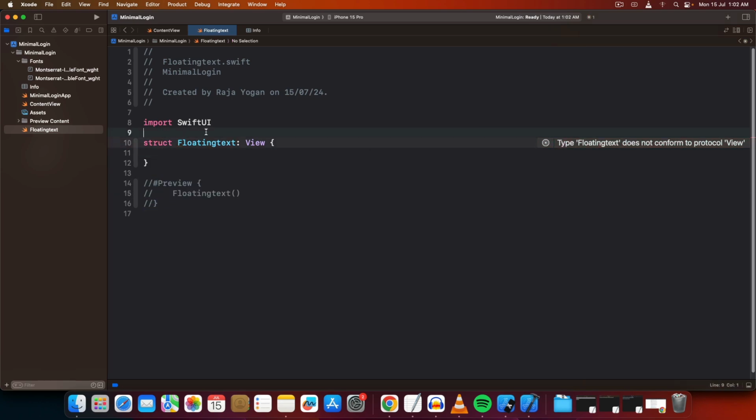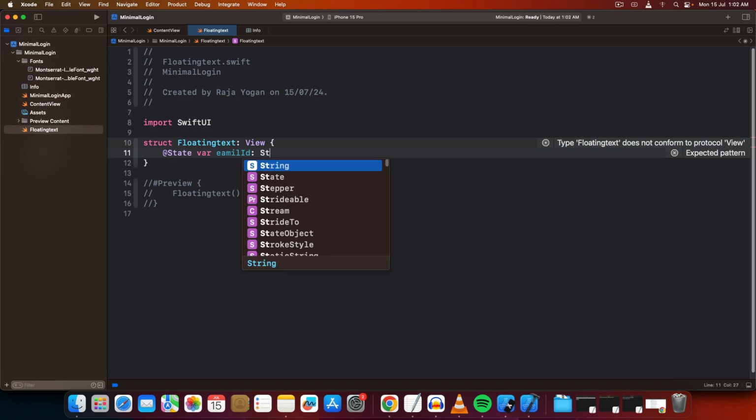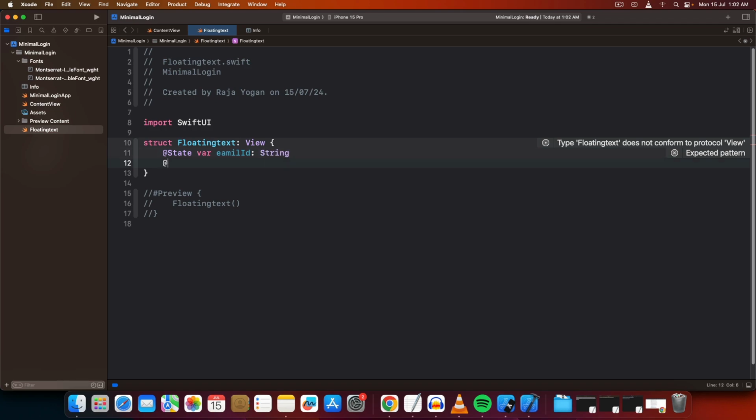Yeah, it will take two values. We are fine, and where body